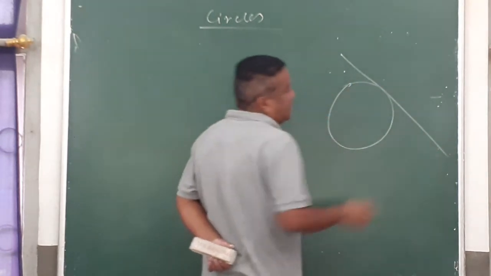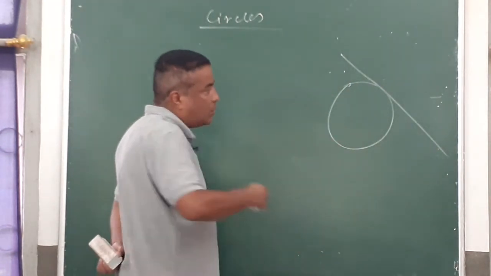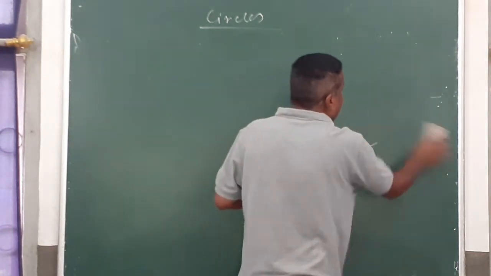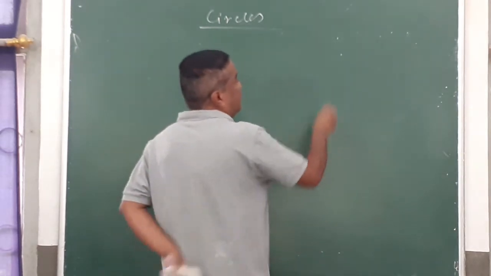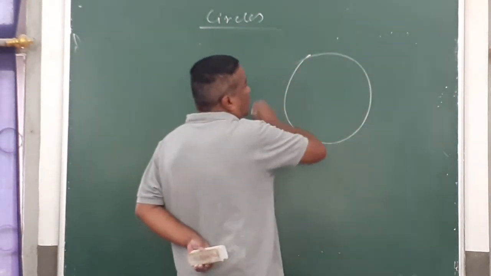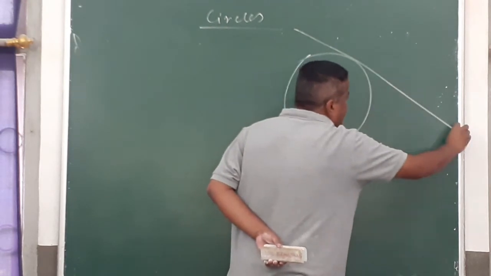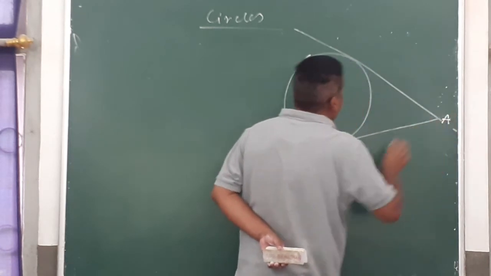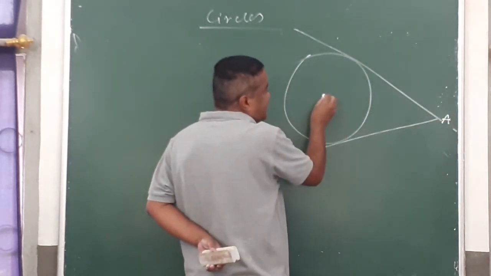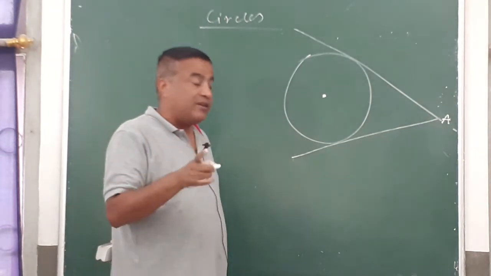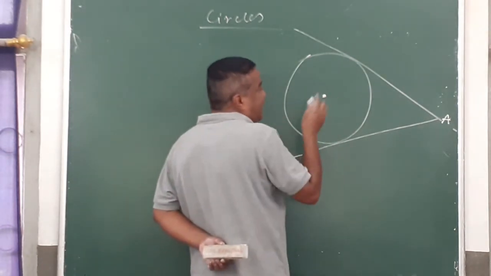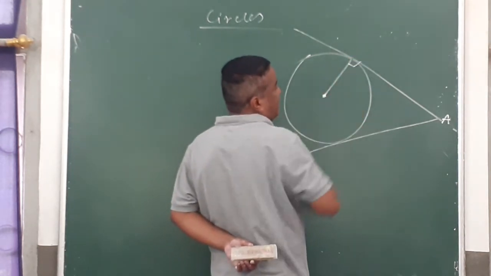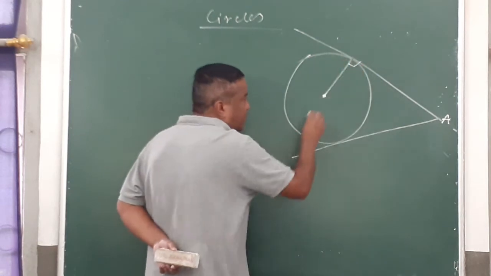If it touches the circle from external point, it's called tangent. Now there are few properties under tangent which is important that you have to know. This is one tangent and this is another tangent meeting at point, suppose A. Okay. And this is center. In circle, center and radius is very important. This is center. Any line from center touches tangent is 90 degree. This is very important. In fact, it is one of the theorem.